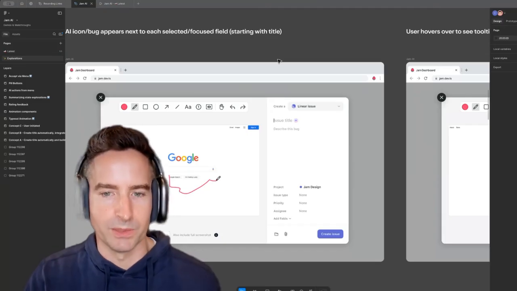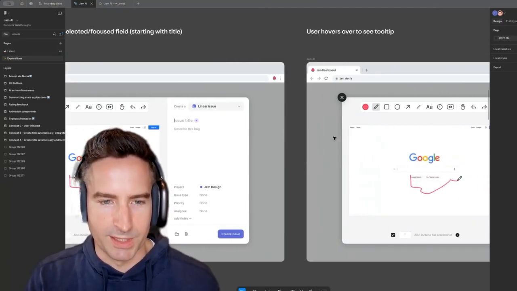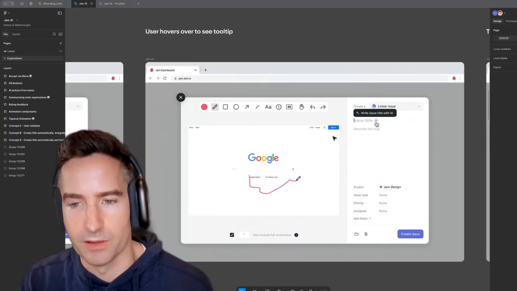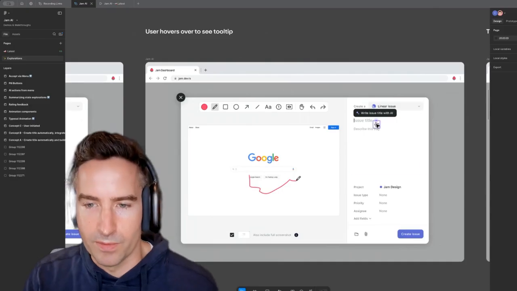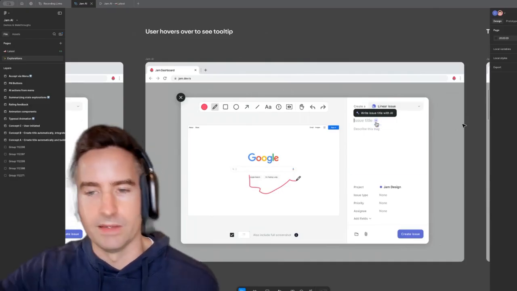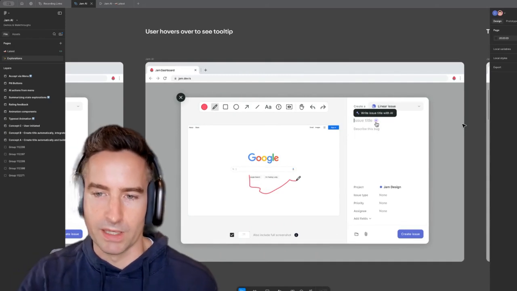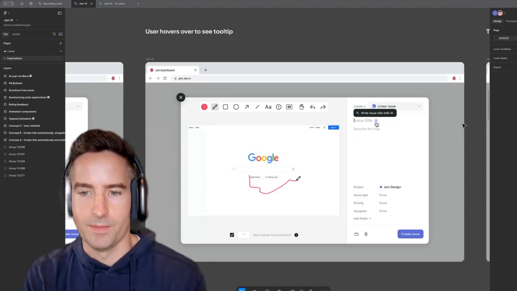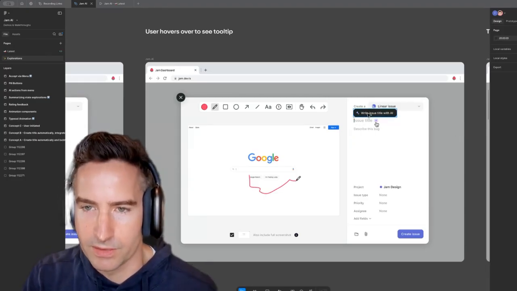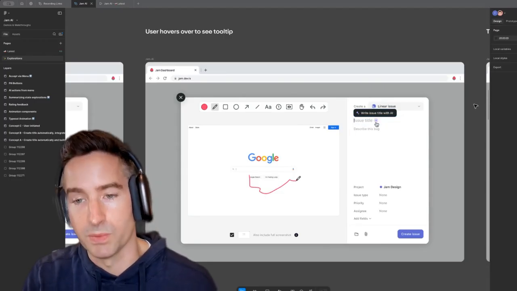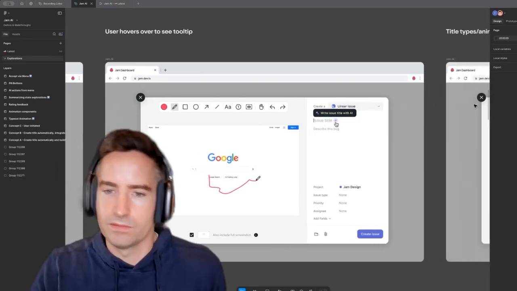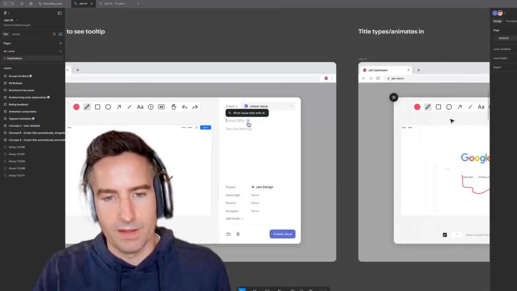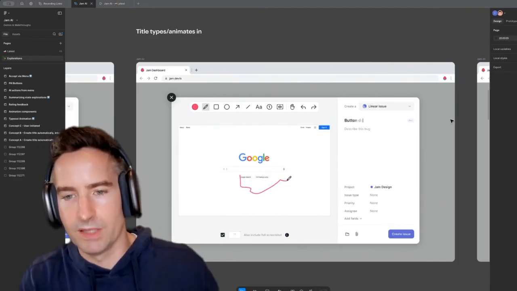And we ended up going with the placeholder route, but the explorations here were: if it's a user action that creates it, is there a little bug or icon that we could put inline next to the title that, again, would be out of your way? If you wanted to start typing, it would disappear. But as you hovered over it, maybe it would tell you what it is. And once we do that once, you then learn what that does, and you can easily reach for it next time. And again, why we moved away from it was just this idea of